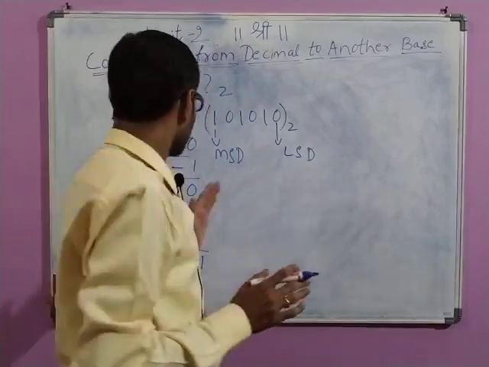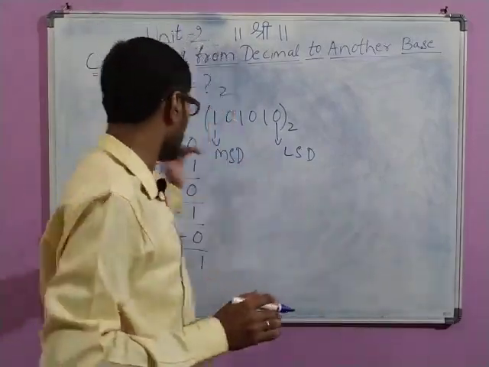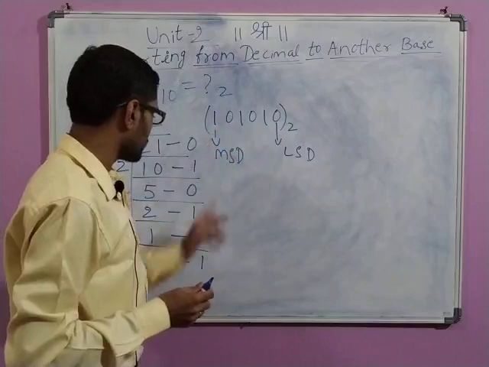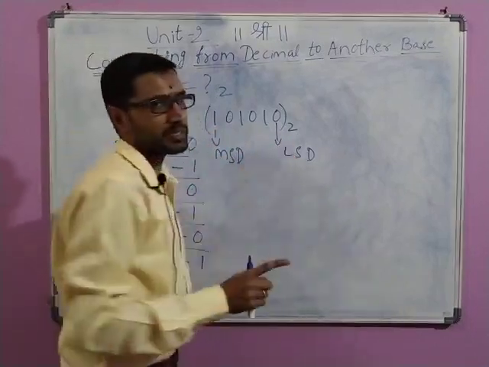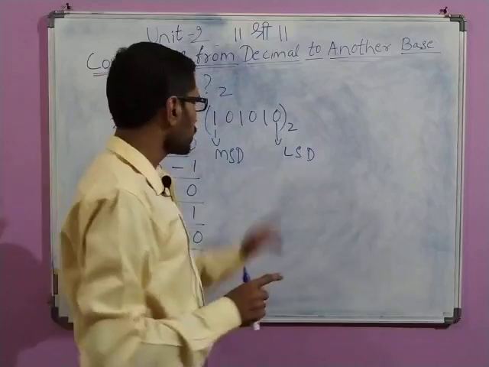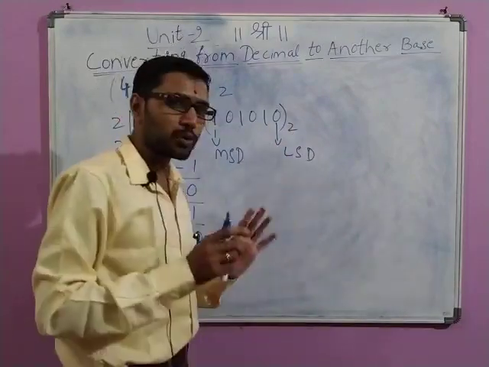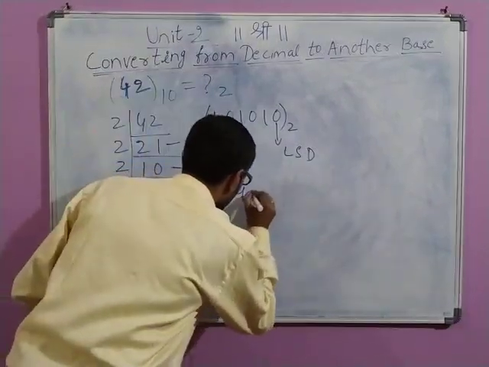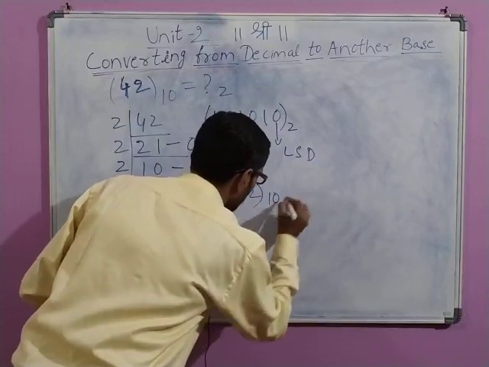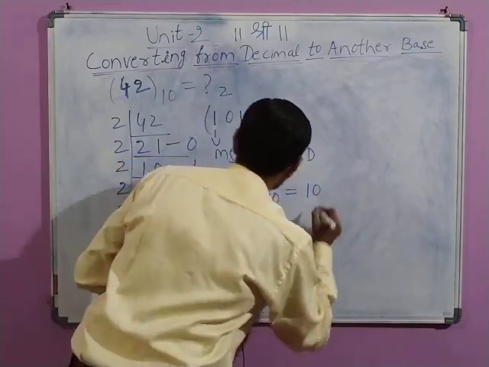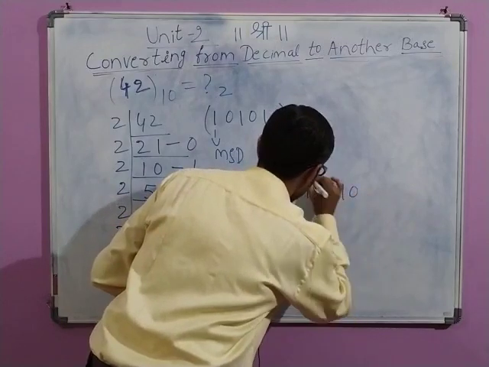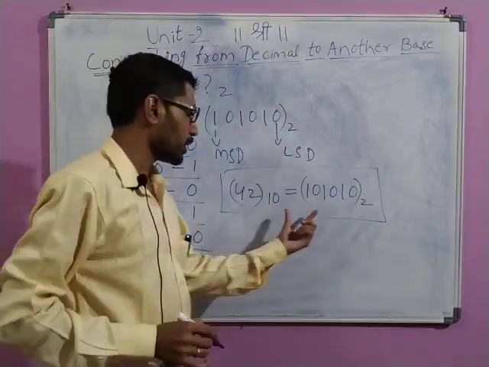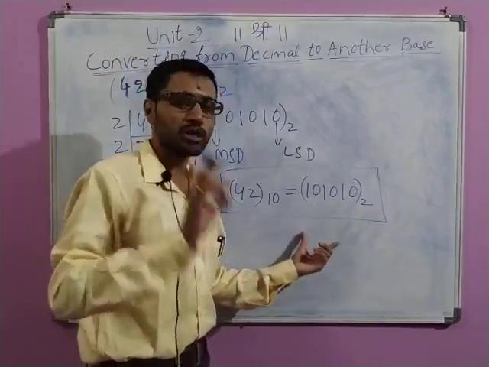Very simple technique. Easily you can get 2 to 3 marks if you solve it neatly with proper steps, writing the digits in a proper way and then writing the base. If you don't specify the base, you are going to lose the marks. So always try to write the answer in a proper box once everything is completed: 42 to the base 10 is equal to 101010 to the base 2. So you will get the full marks. This is how you need to represent it.